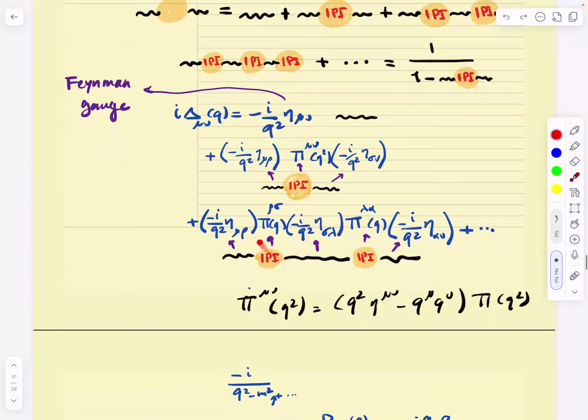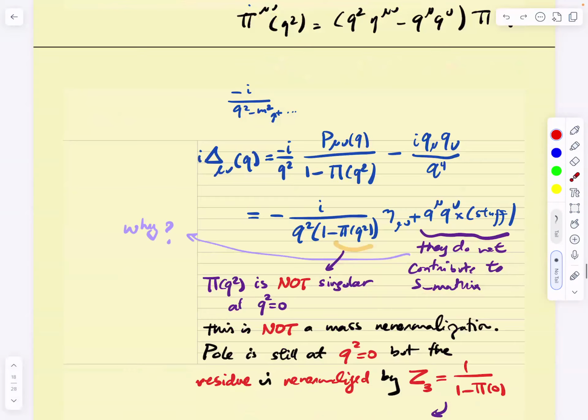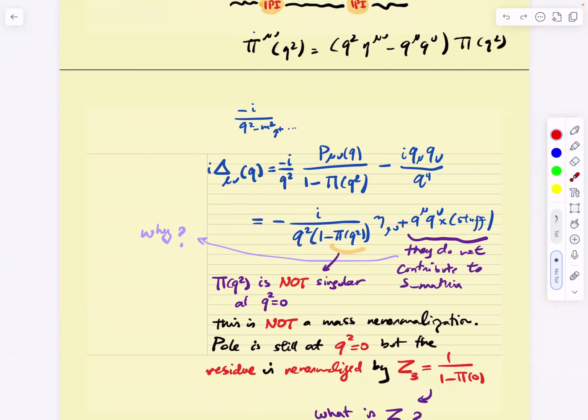Good? Now the 1 pi, we already figured out what the structure of the indices were. So everything is fixed up to this pi of q squared. Right? So the full propagator could be written as minus i over q squared, this projector over q squared, 1 minus pi of q squared,